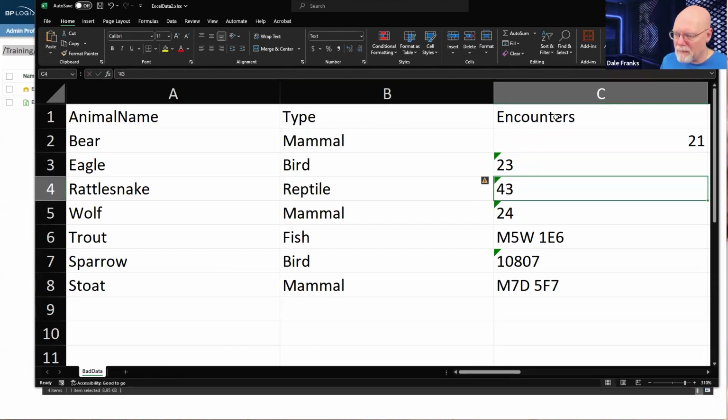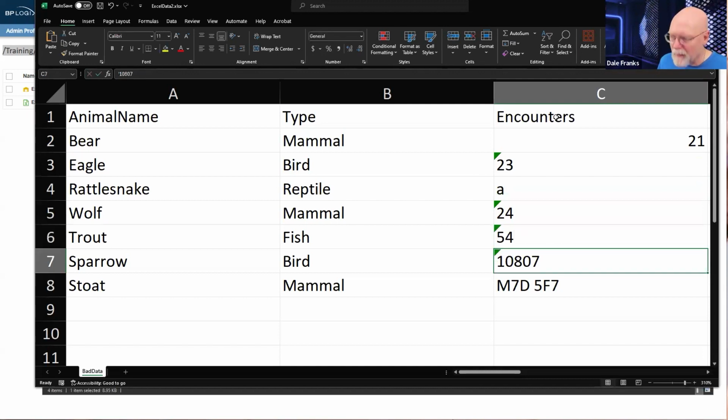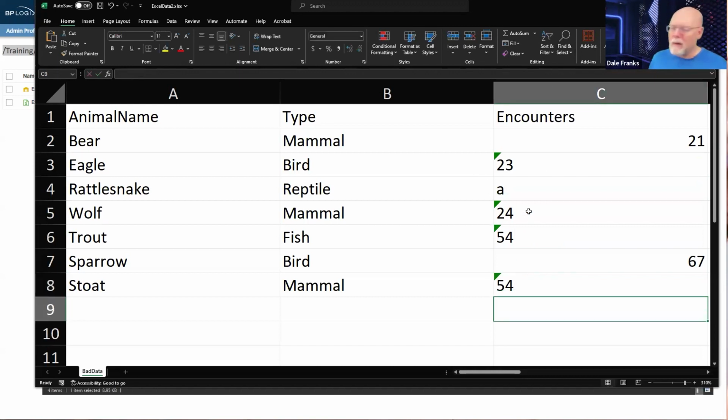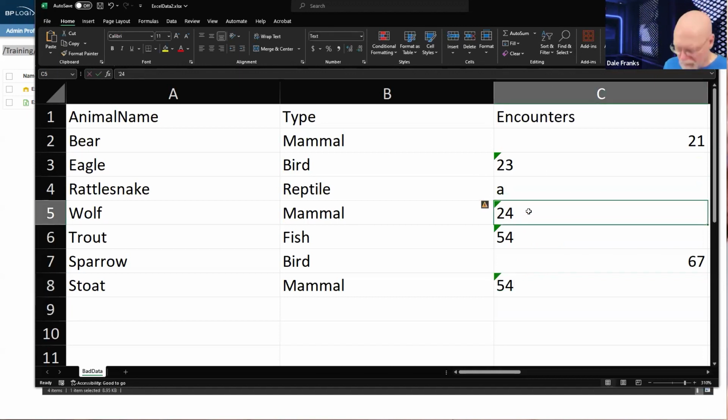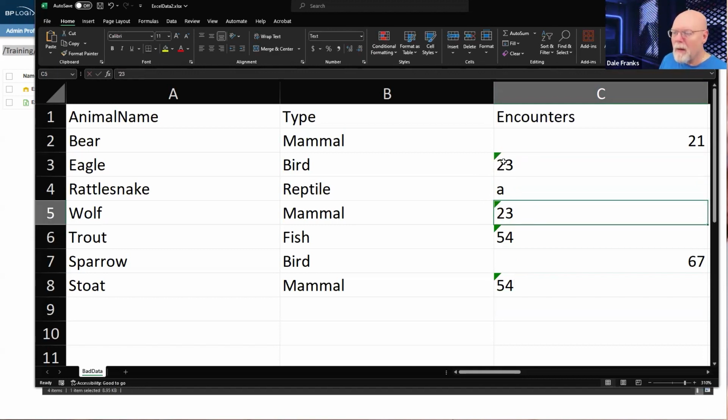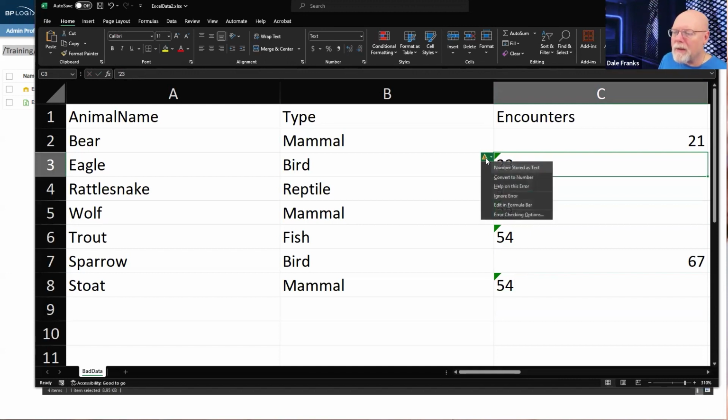Actually, I'm going to blow it up right here. Now, this shouldn't happen too often. Okay, that shouldn't have happened at all. Okay, it really wants this to be text.